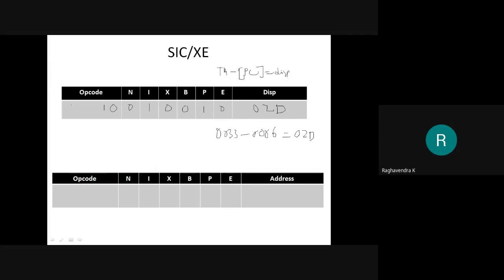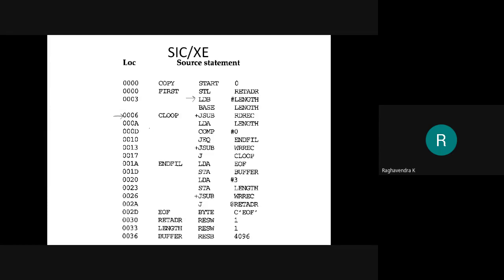So now let us check. 0110, right? So this is 0110, 0001. This is 9. This is 2. Then 0 2 D, right? So 1 byte, 2 byte, 3 byte. So a 3 byte instruction format assembled using immediate addressing mode, but because it was a label, we also had to use PC relative addressing mode. Okay, so this is how you do it when you see an immediate addressing mode.